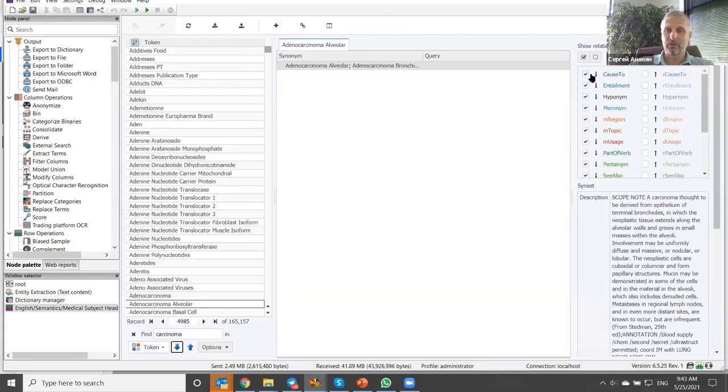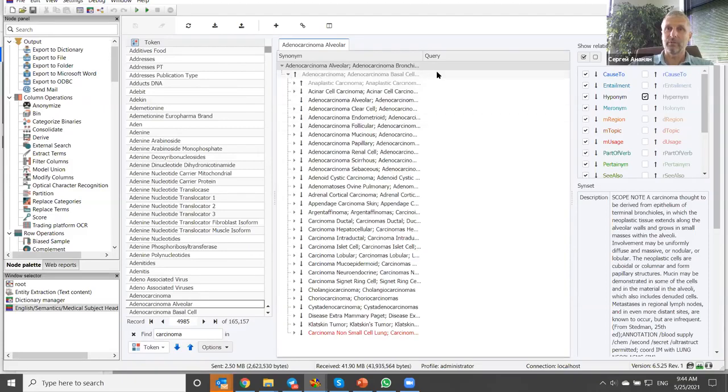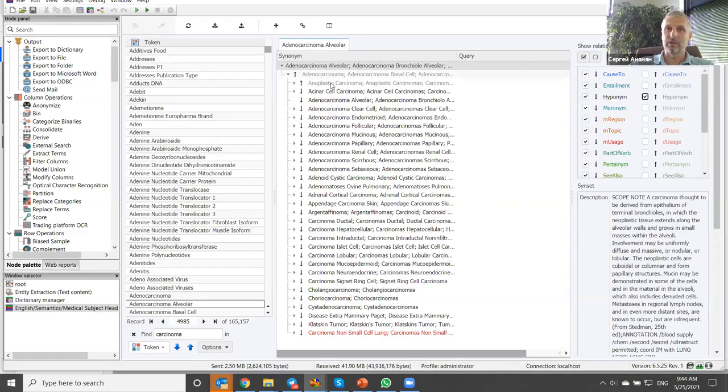And you see that we support all kinds of relations, that it can be a cause to something, or it can entail something, and so on. We can look at hypernyms, and you can see what would be the generalizing term for this adenocarcinoma, and so on.